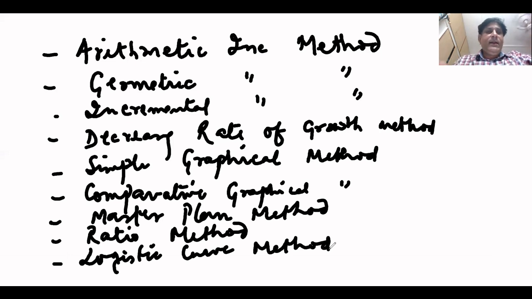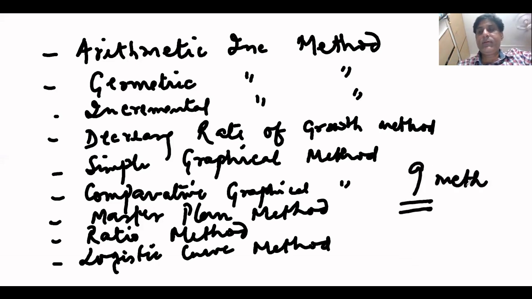Right? So these were 1, 2, 3, 4, 5, 6, 7, 8, and 9 methods. Right? 9 methods. All of them, I would say, are numerical in approach. But if you recall all the numericals which we have solved for the methods: arithmetic, geometric, incremental, decreasing, right? So if you go back to the logistic curve equation,